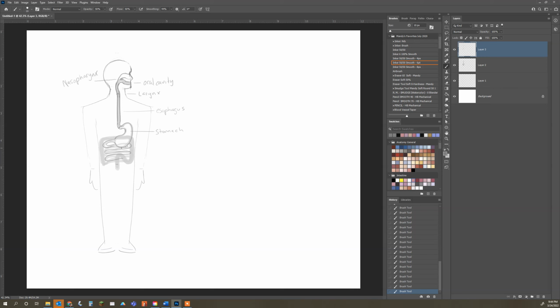And we'll go back and fix that. You get the idea. And the small intestines connect to the large intestine,